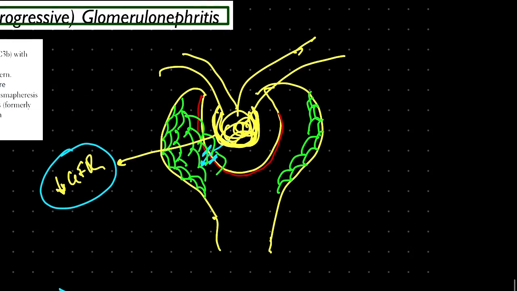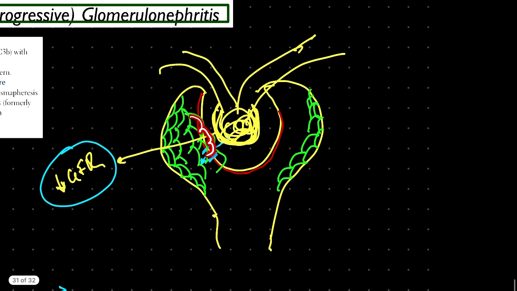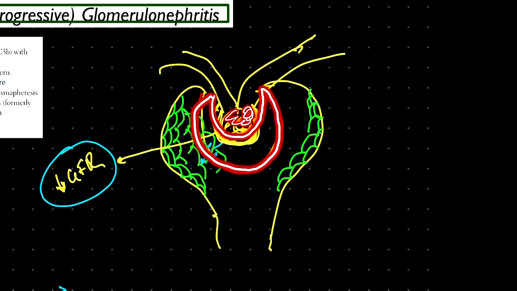As you can see, as there will be an increase in these parietal cells, there will be an increase in inflammatory cells. What will happen is there will be this type of shape. There will be glomerulus right here, and this half moon like shape is called the crescentic formation. This is our crescent formation. Okay, now moving further,